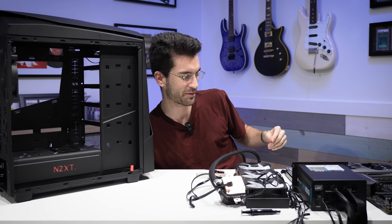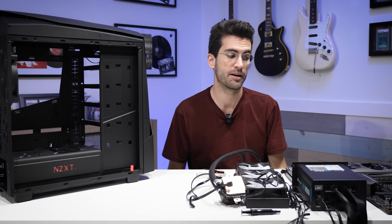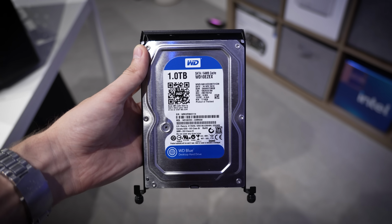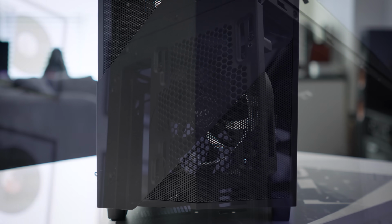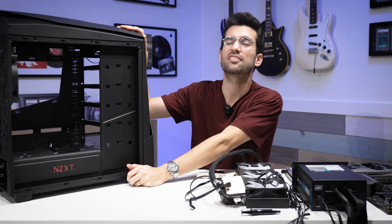I don't know what I'm gonna do. I'm probably gonna soak it in soapy water and just let it sit overnight. That's the one thing that I still haven't fully tackled. But everything else here is very clean, and I'm excited to throw it all back into this case just for nostalgia's sake. And then we'll take it all back out of here and upgrade the viewer's case to something a little more